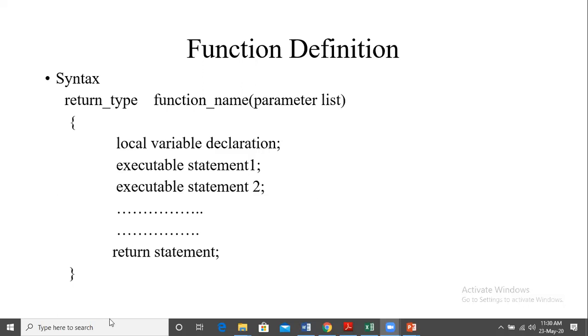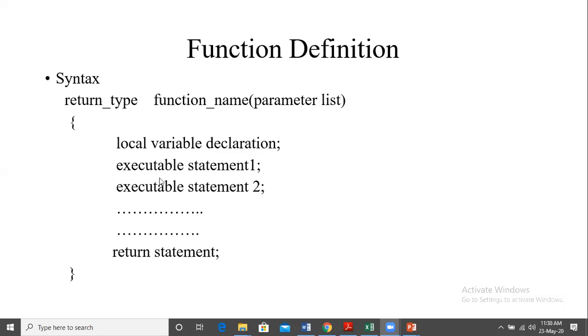Now this is just a general syntax. Okay. So return type is the data type of the answer, whatever answer we want. So if we are adding two integers, we will get an integer. If we add one int and one float, we will get a floating point. Then we will mention this as float. Okay. Function name is whatever name we want to give to our function. And parameter list is a list of variables, whatever is required for the function to work. Local variables are the variables which can be used only within this function.